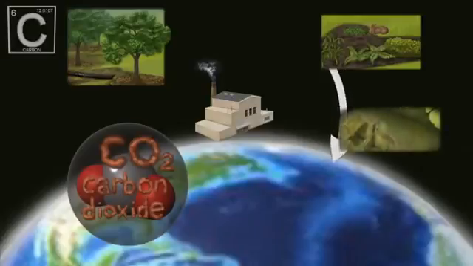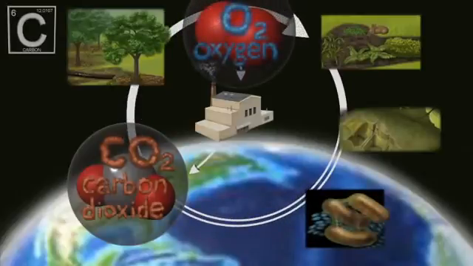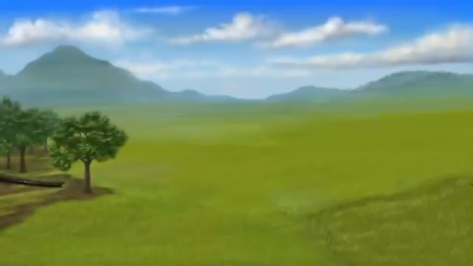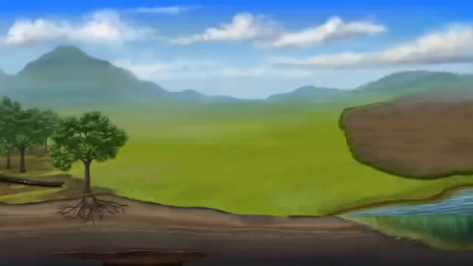Biological activity causes carbon to be constantly converted among different forms and locations. These movements of carbon are referred to as the carbon cycle. The global carbon cycle describes the exchanges of carbon between the atmosphere, terrestrial vegetation, soils and organic matter, ocean, and fossil fuels. These exchanges are continually changing and not in perfect balance.